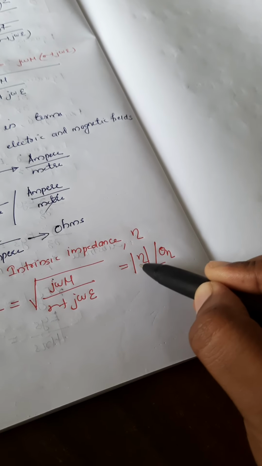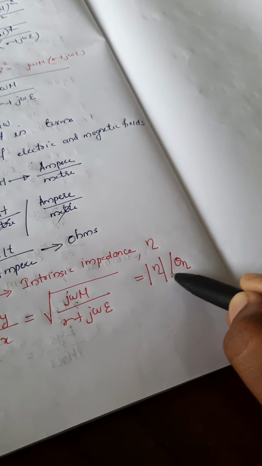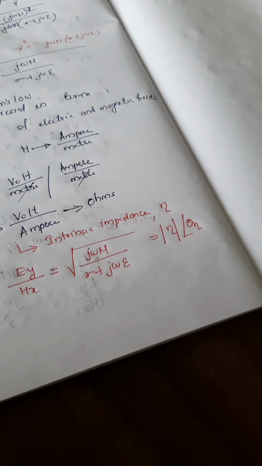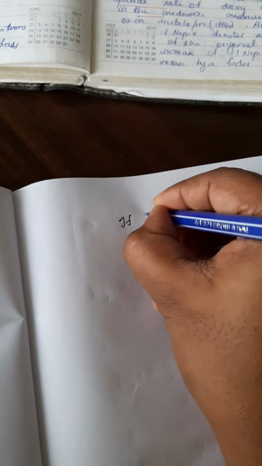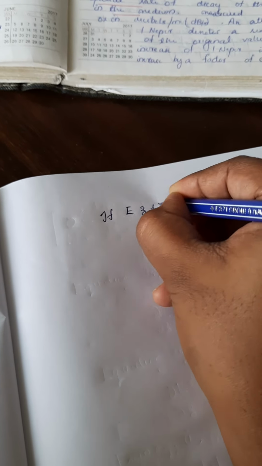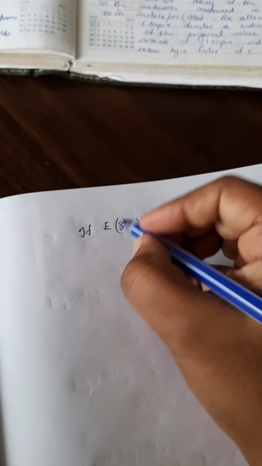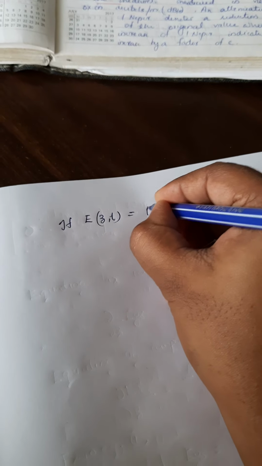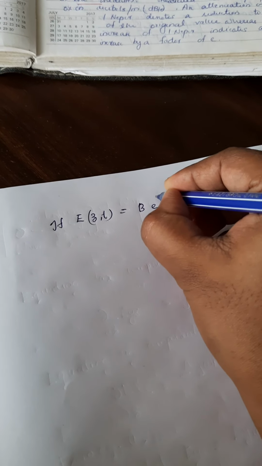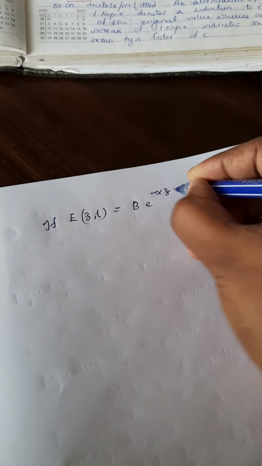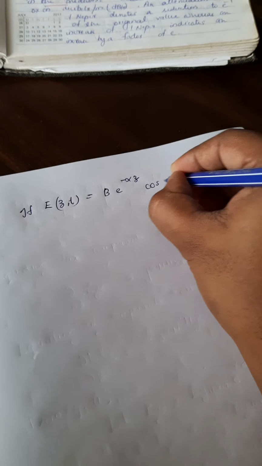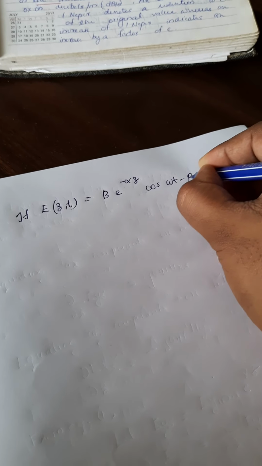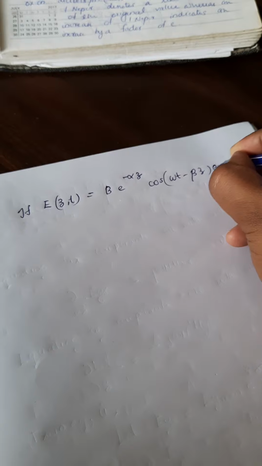In polar form it is the magnitude of eta, angle theta eta. Again, if the electric field intensity E of z and t is B e raised to minus alpha z cos of omega t minus beta z ax, that is equation number 5,